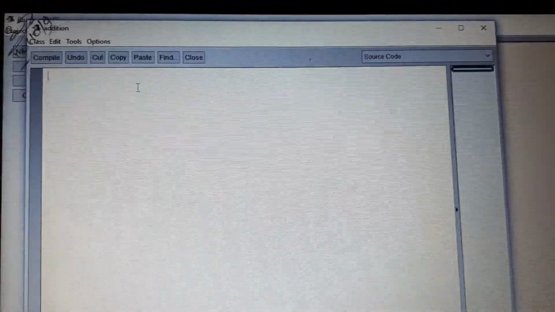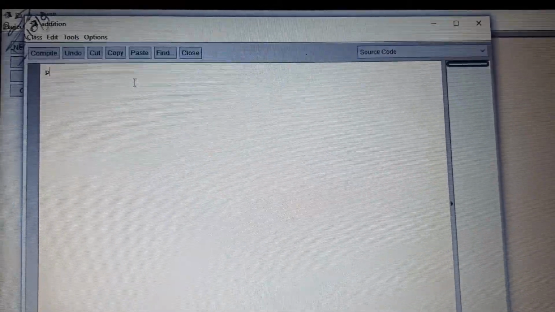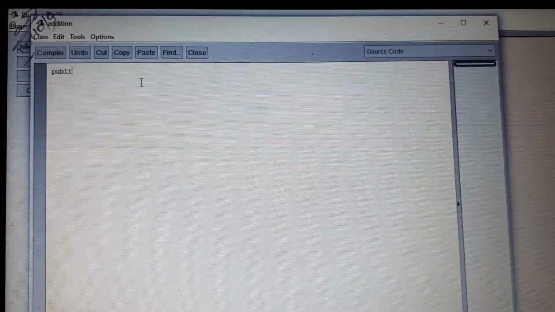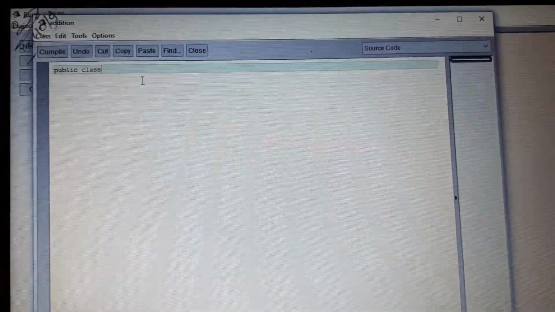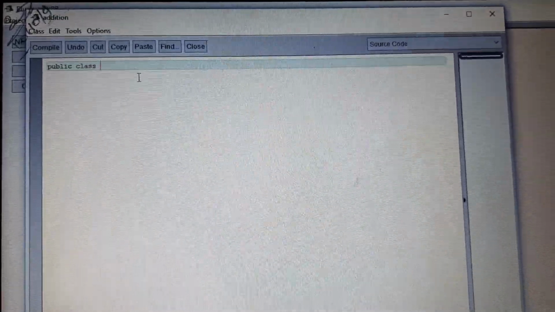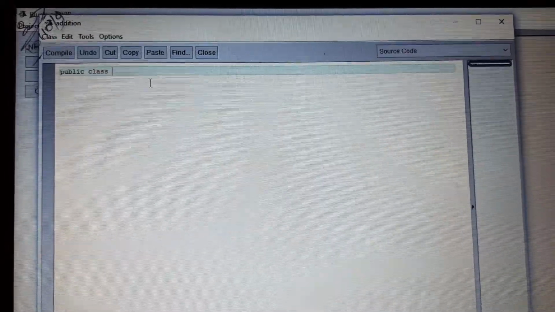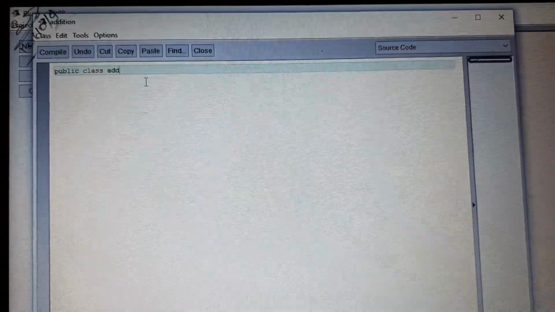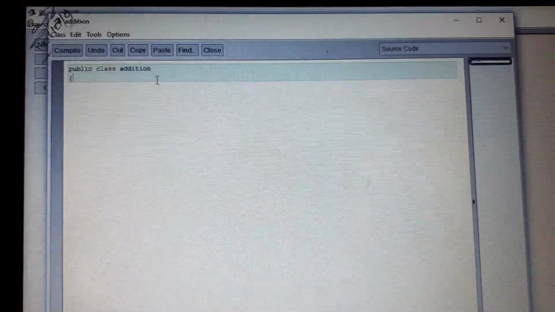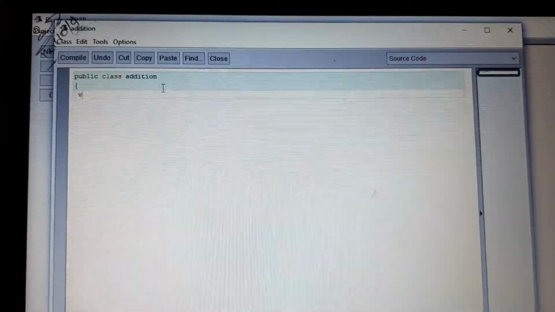Suppose it is a program for addition of two numbers. So I will write public class, then the class name. Whichever class name you have written here on the top, you can see ADDITION, the same name must be over here. After that, curly bracket. Then void.